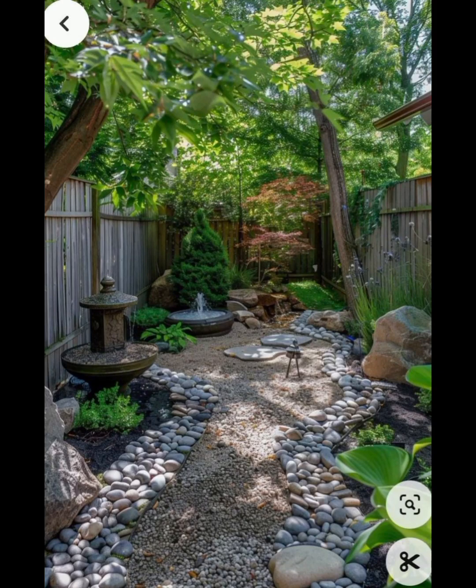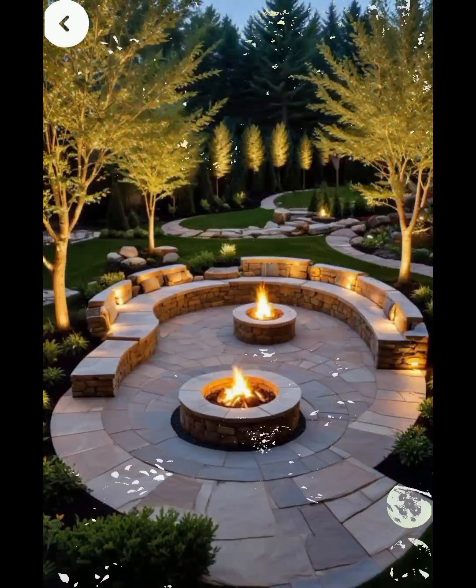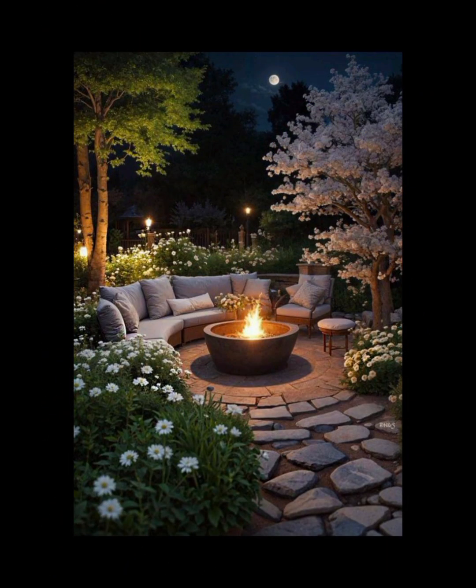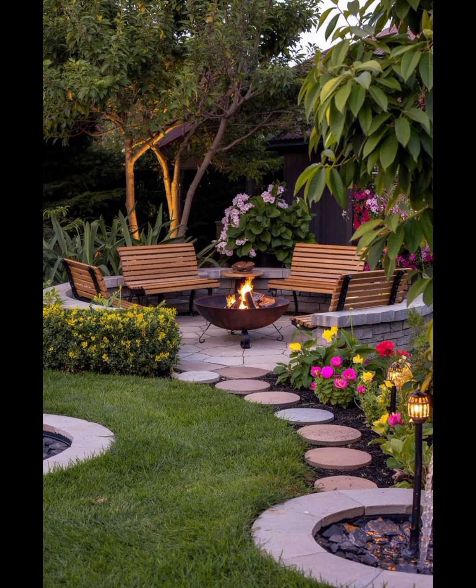Hardscaping. Incorporate hardscape elements like pathways, patios, walls, and decorative features. Use materials that complement your garden style. Focal points are those that include